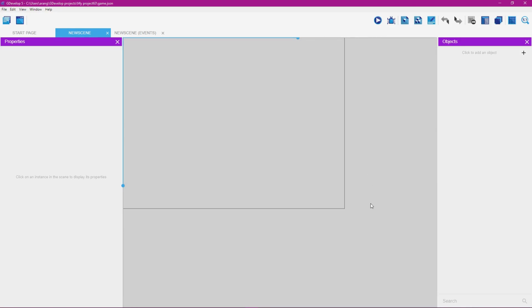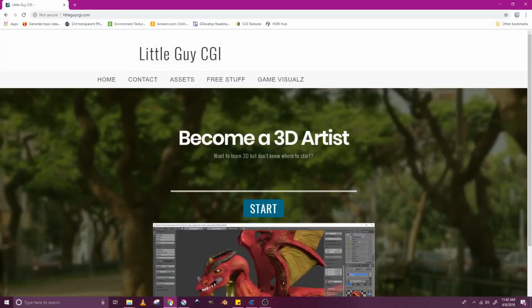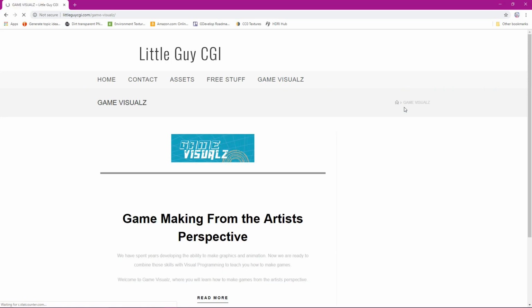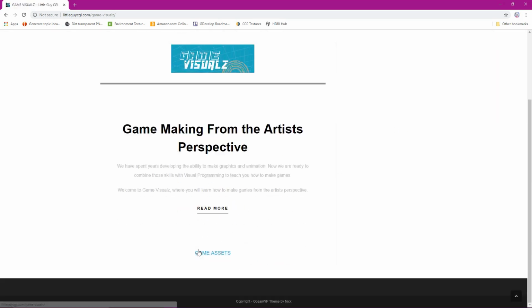Okay, what we're about to do is bring in a player character. We're going to use player sprites to animate that character. To get these player sprites, you can go to littleguyscgi.com. You can left click on game visuals, scroll down, click on game assets,